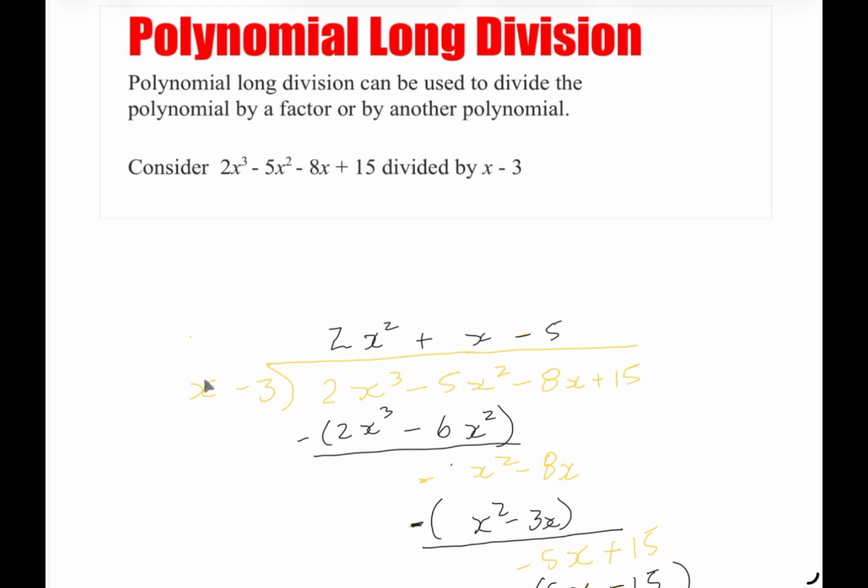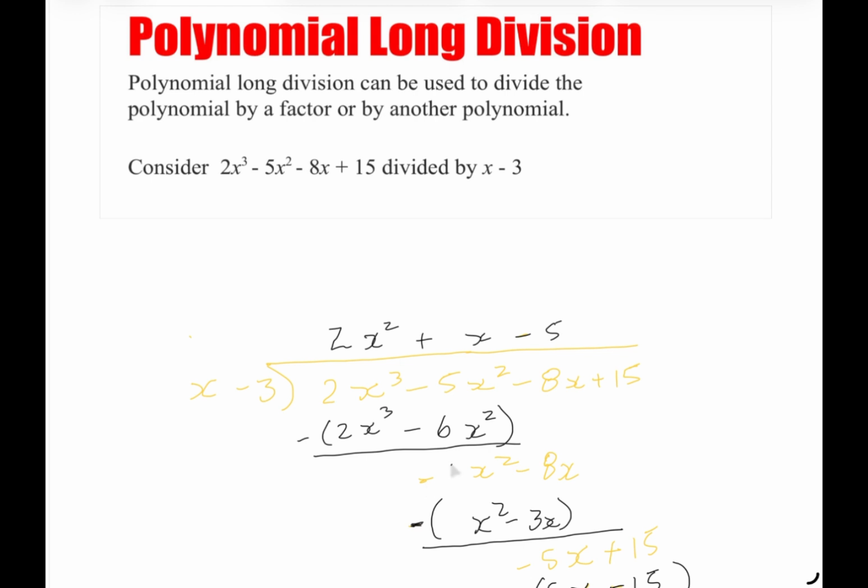Then we divide it into the variables. We have x divided into 2x cubed, that gives 2x squared. Then we multiply the 2x squared by the x, which gives you 2x cubed, and the 2x squared by the minus 3 gives you minus 6x squared. Now we're going to subtract. 2x cubed minus 2x cubed cancels out. And negative 5x squared minus negative 6x squared, that would be a plus. So that leaves you with x